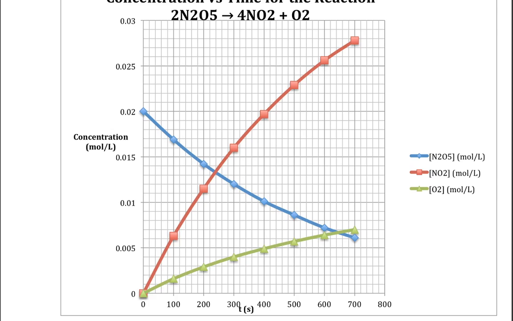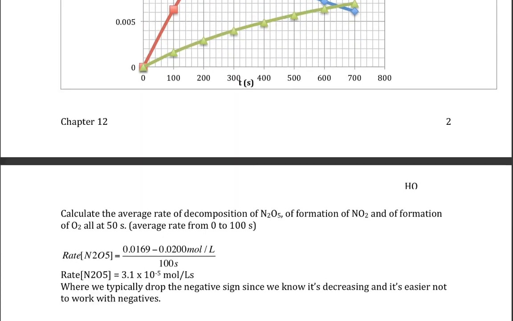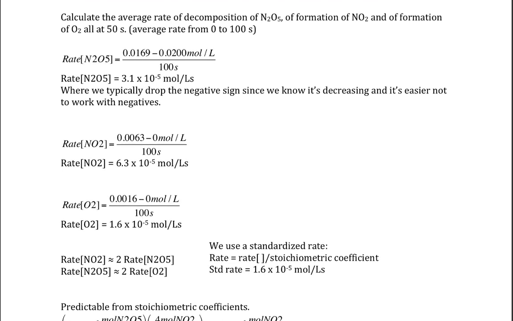So we see nothing is linear, how they decrease, how they increase. We'll make some calculations now of rates of the reaction. So our problem is calculate the average rate of decomposition of N2O5, of formation of NO2, and of formation of O2, all at 50 seconds. And what we're going to do is use the data between the 0 and 100 seconds, the concentration data and